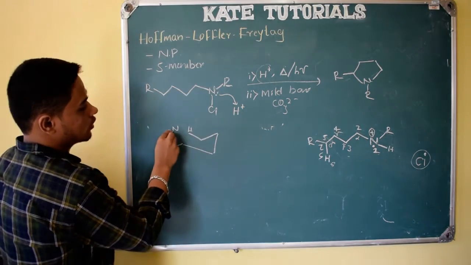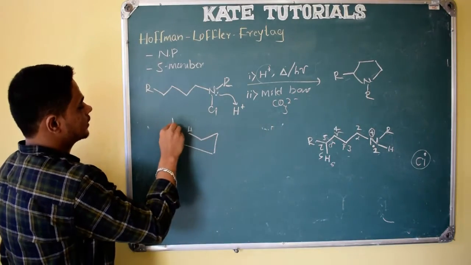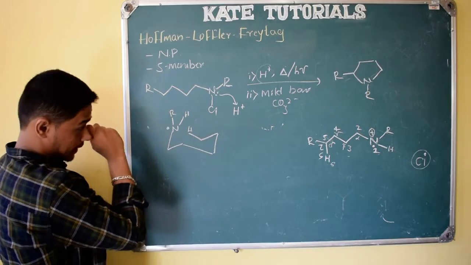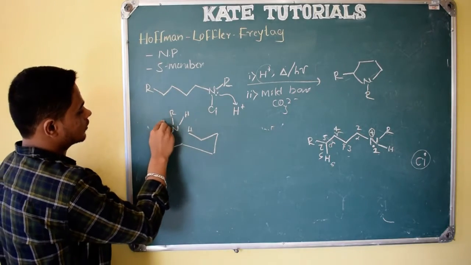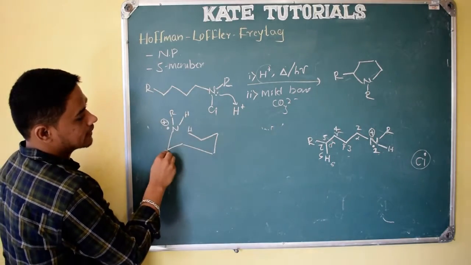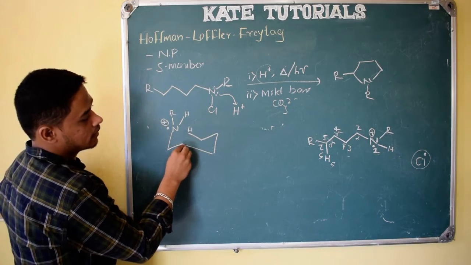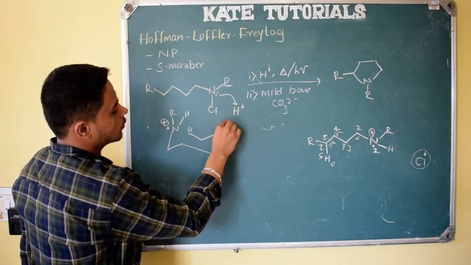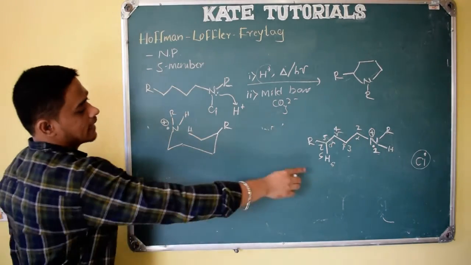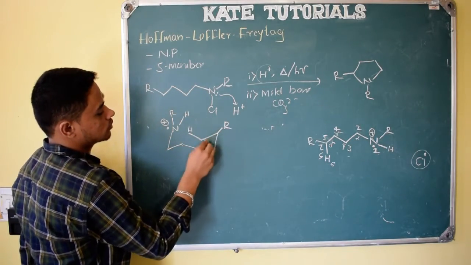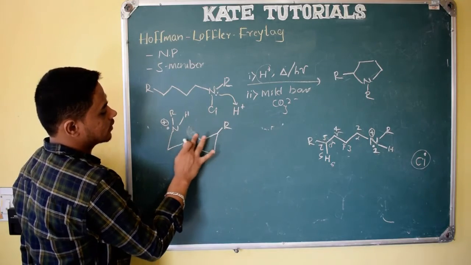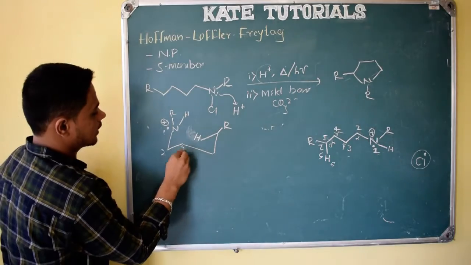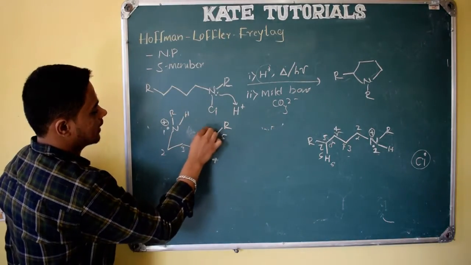See here, nitrogen gets position 1, right? So here R and here H, and it has got radical mechanism, and it has got positive charge. Second, nothing is there. 3, nothing. 4, nothing, only carbon. At the 5th position, carbon and R group is there, right? And at 6th I have mentioned this, so this is 5th and 6th hydrogen is there. Is it right? 1 2 3 4 5 and 6.